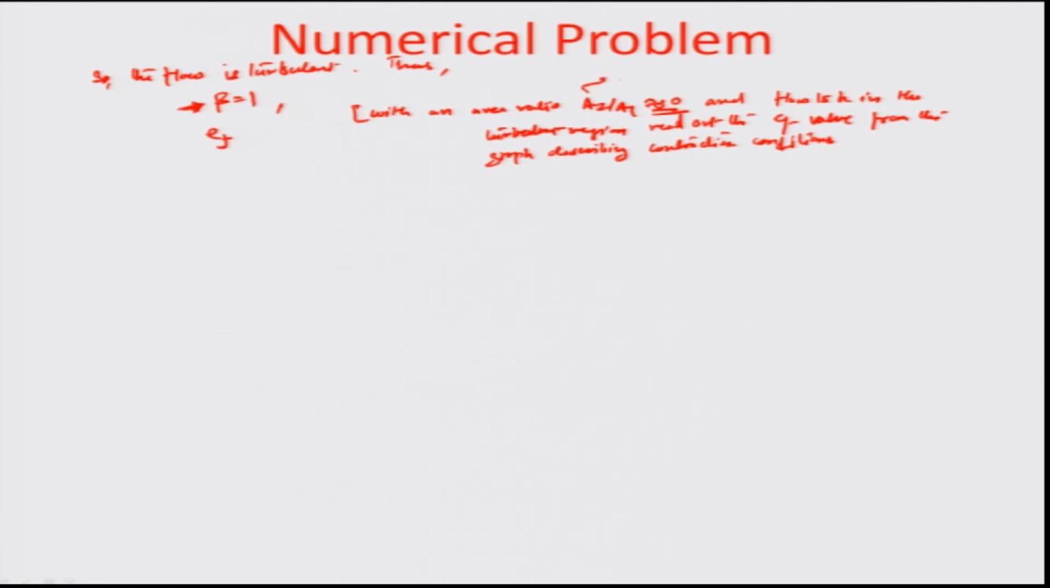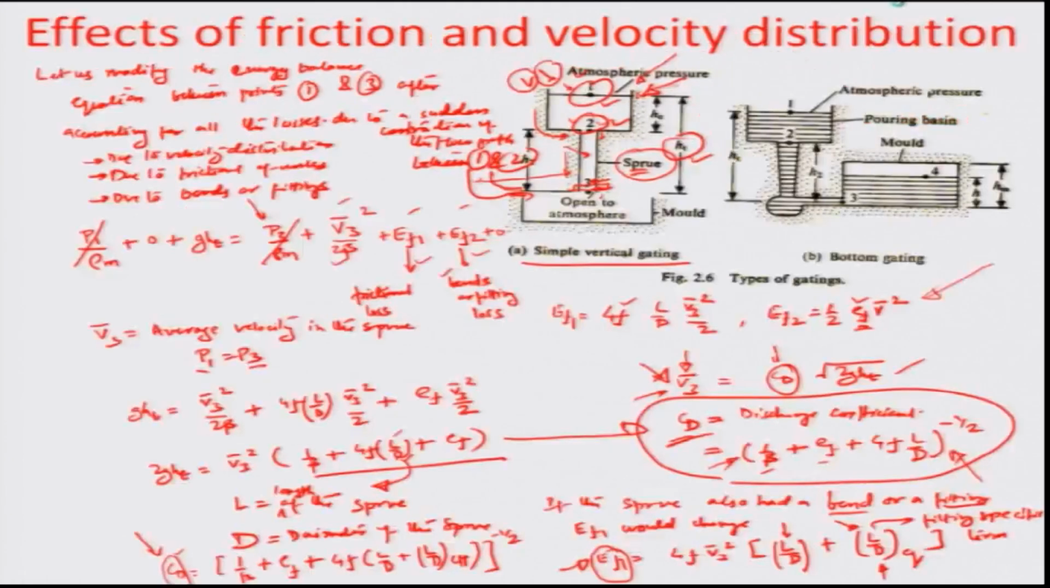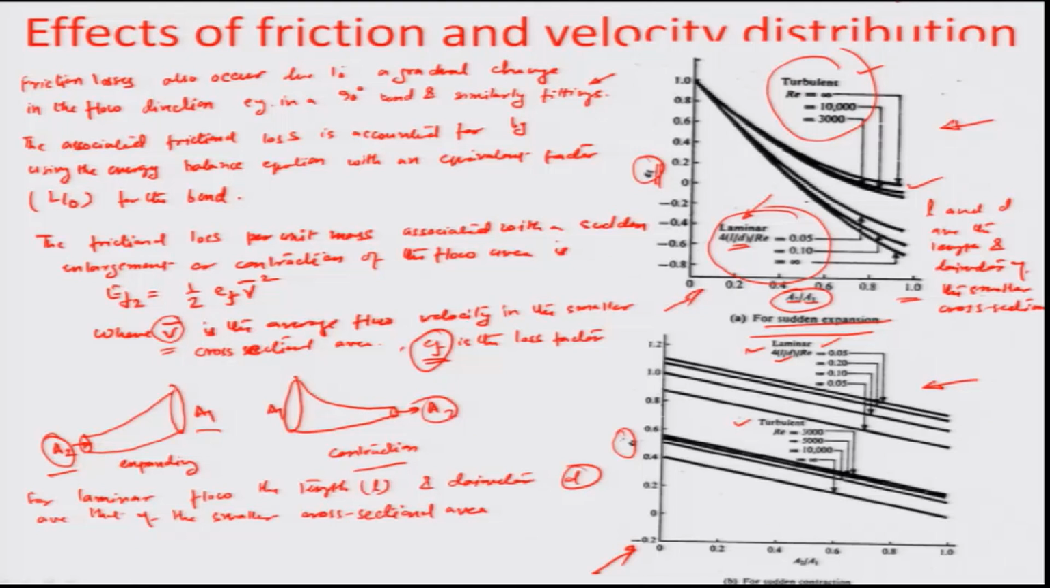Okay. So, A2 is the cross sectional area of the gate, and A1 is the cross sectional area of the pouring basin. So, let us look at that graph which we had borrowed from earlier. Let us go back to the particular two cases, sudden expansion and sudden contraction, where you have a listing of the values of the EF,